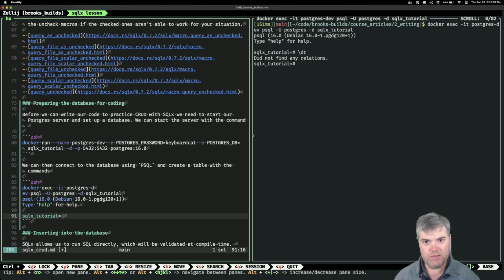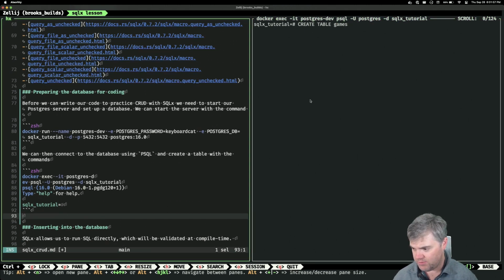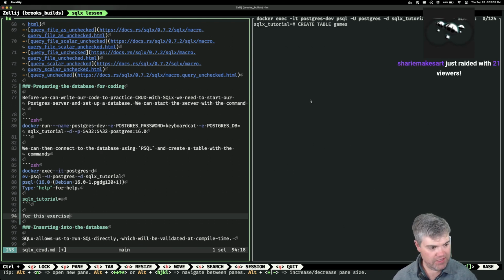So then, okay. So here we're going to do create, let's do this all proper. Create table games. I guess I'll do this as part of a separate thing. So for this exercise,